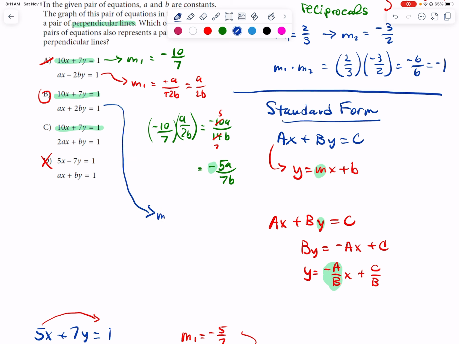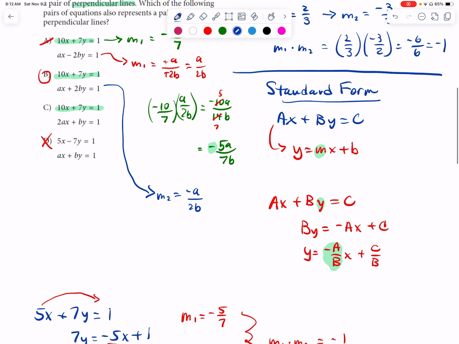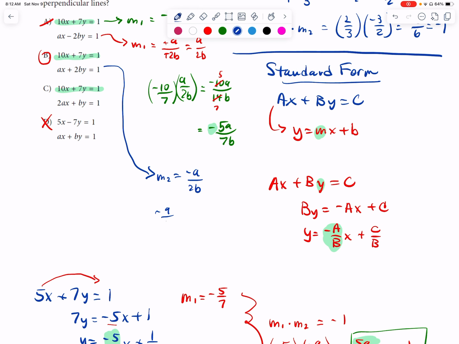So let's come down here and find the slope of our second line for answer choice B. Again, I would subtract over the ax term, so it's a negative a, and then I would divide by the 2b that's right in front of the y. And see, this time the negative sign does not cancel out. And if I multiply that times the slope of my first line, which we said was negative 10 over 7, magical things will happen. Negative a over 2b multiplied times